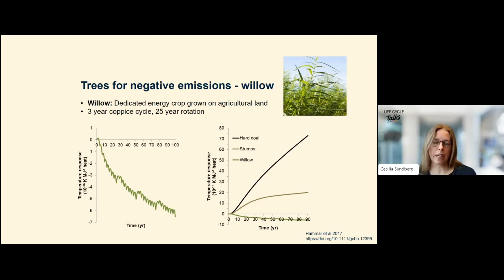And in the figure to the right, we see how this is for producing a certain amount of heat from these willows, which is the bottom line below zero, and comparing this to the worst that we have, the worst of the fossil fuels using coal, which is the black line. And we see then that the main benefit here is by shifting from fossil fuels to the bioenergy. But there's also this negative component adding a little bit extra in this bioenergy system.